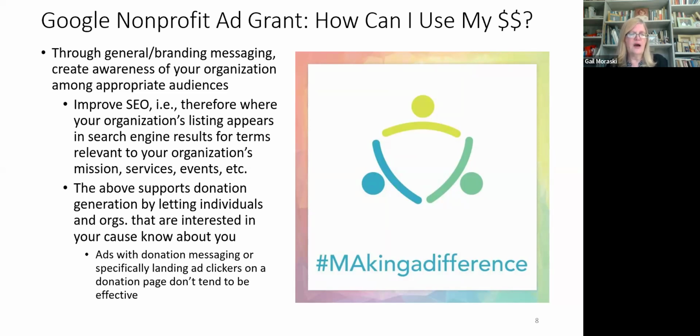I just always advise against using your grant to specifically run a donation type of campaign, because people aren't necessarily searching on terms indicating they want to donate to a cause, and they may also be turned off by an ad with messaging around donating.